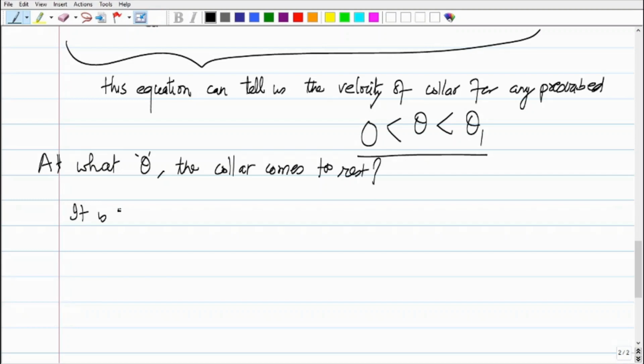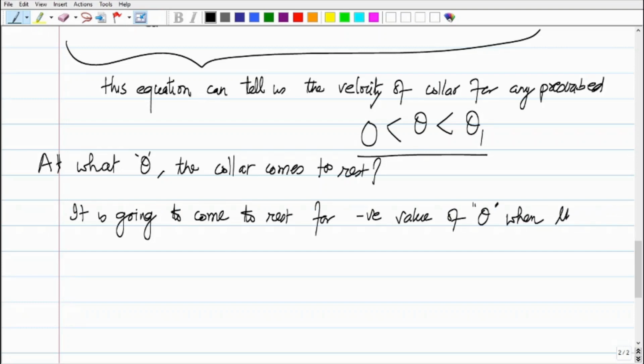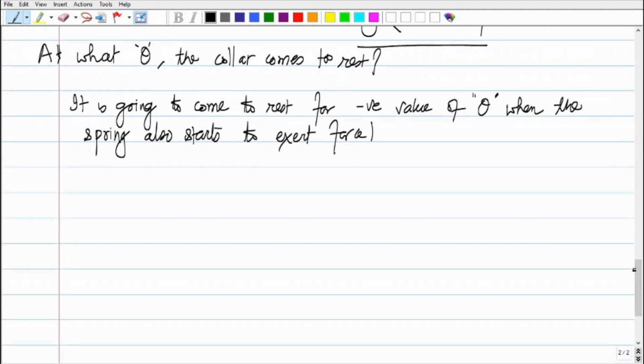It is going to come to rest for negative value of theta when the spring also starts to exert force. Okay,